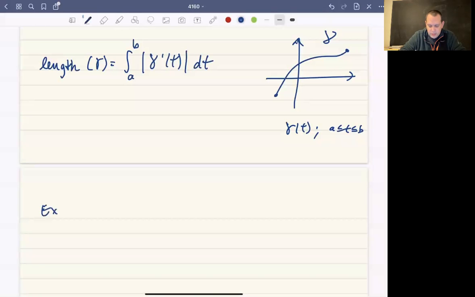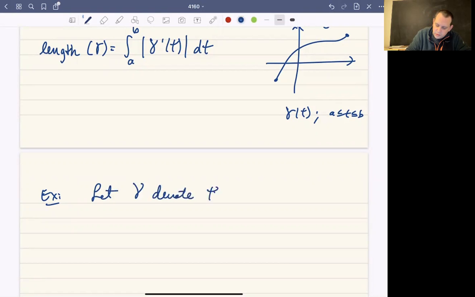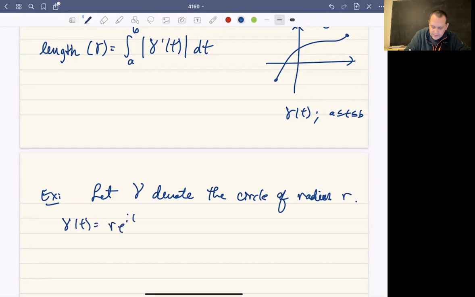Let's do just one example, and then we'll have one consequence, one place where this length shows up for properties of integrals. So let's look at gamma. Let's let gamma denote the circle of radius r. Notice that the orientation actually is irrelevant here, but it's a circle of radius r. Then gamma of t is going to be r e to the it, where t goes between 0 and 2 pi. And then the length of gamma